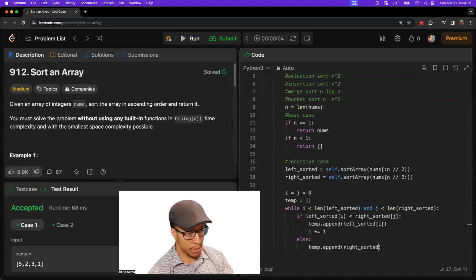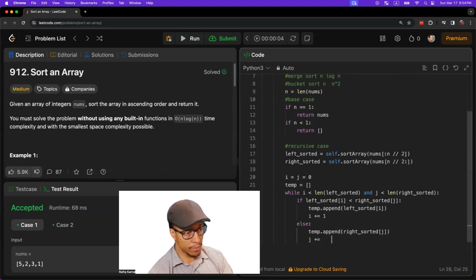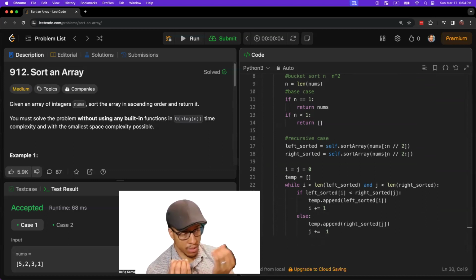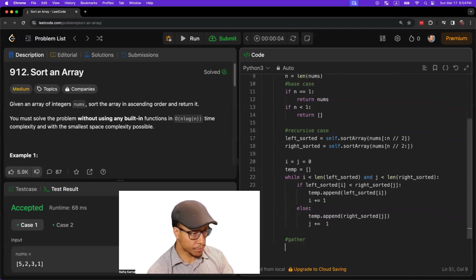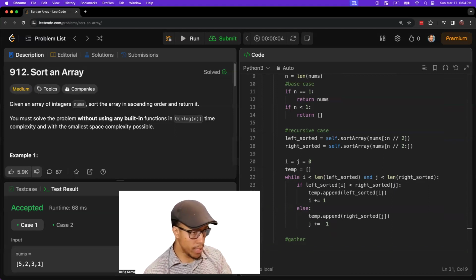And then we'll increment that j pointer, and that will keep on going all the way until it gets to the end of one of those arrays, whichever one goes to the end first. And then we have what we call the gather phase. The gather phase is where we just collect whatever is left over from whatever array hasn't